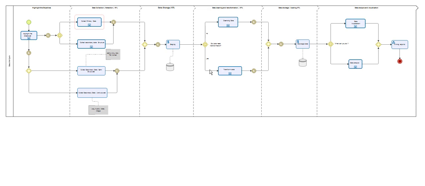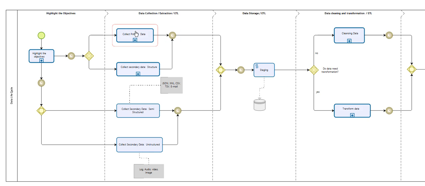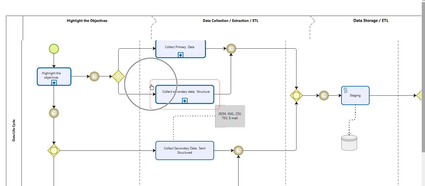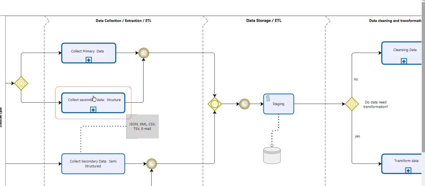Okay, and then when you have your primary data, we also have secondary data. Secondary data is a type of data that is different from primary data, because usually with primary data, you are the one who collects your data, and secondary data is data that already exists. Okay,